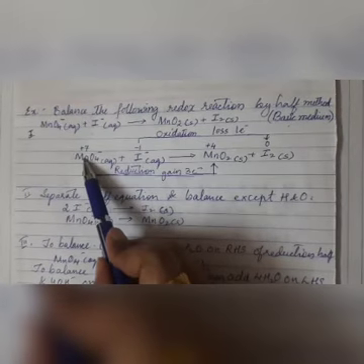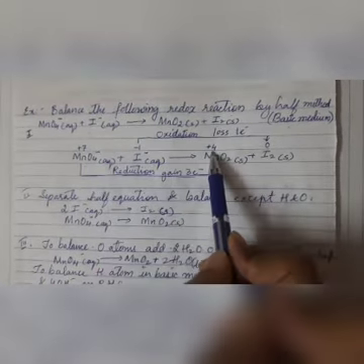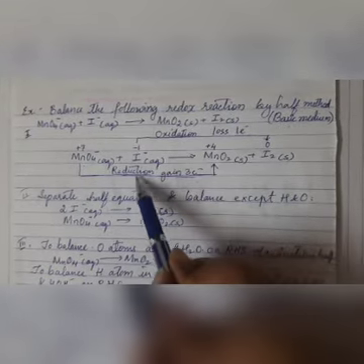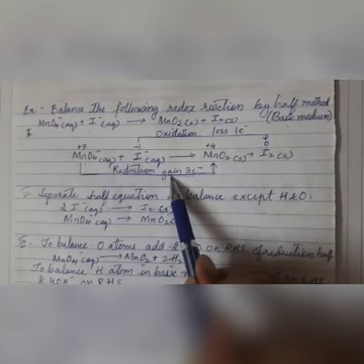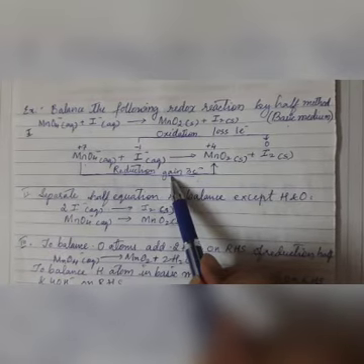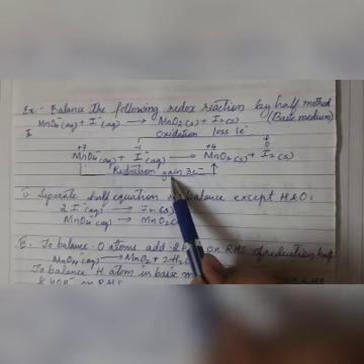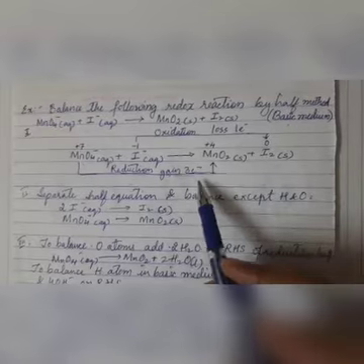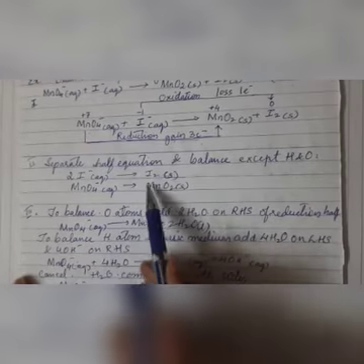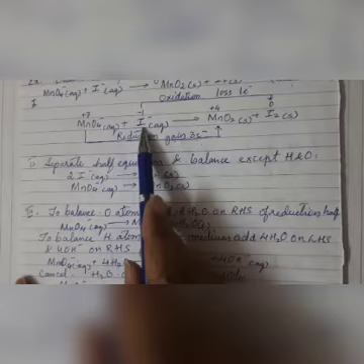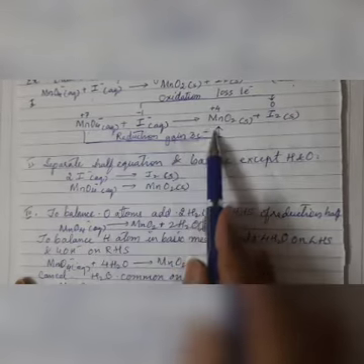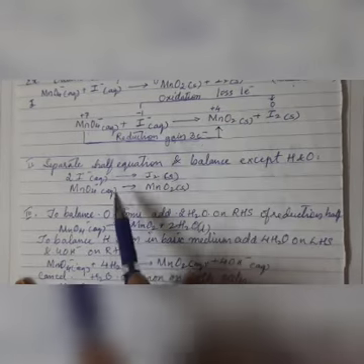Whereas +7 oxidation state is reduced to +4 oxidation state. So how? By the gain of 3 electrons. So therefore this is the reduction process. Because it is the half cell method or half reaction method, we are going to split the two half reactions, that is the reduction half and the oxidation half. So separately we are going to write them. So I- will give you iodine and MnO4- will give you MnO2. After writing that, we are supposed to balance it.